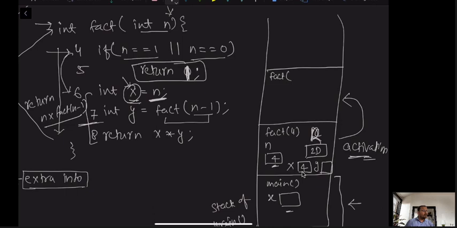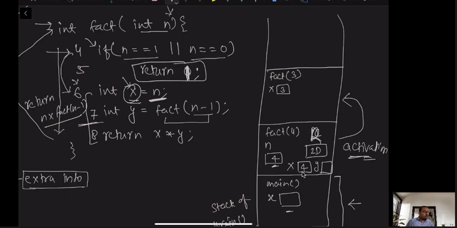So this will call fact of 3. And again it will go inside the function. Whether n is equal to 1 or 0? No. So it will go to line number 6 again. So it will declare x. So x will be made value 3 because now the value of n is 3. Why?